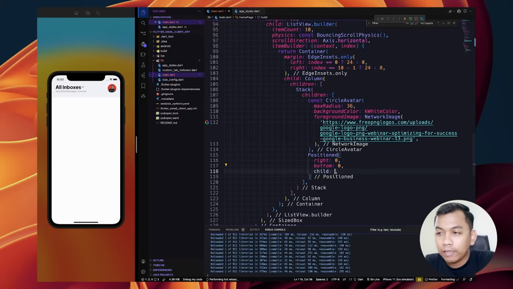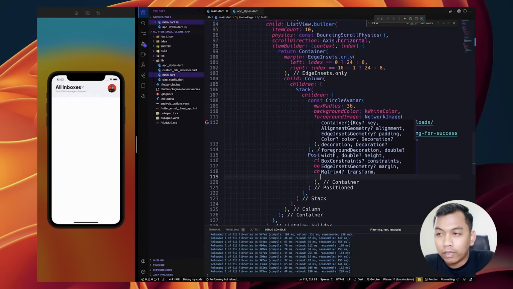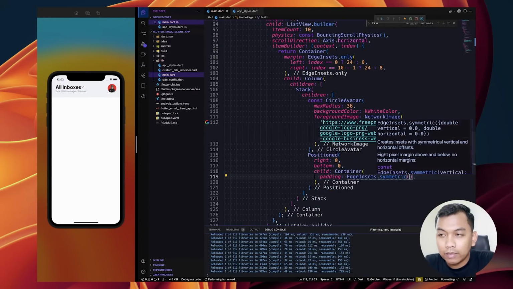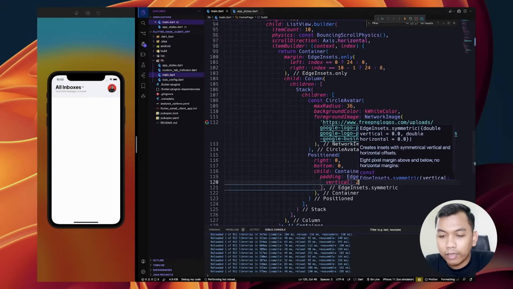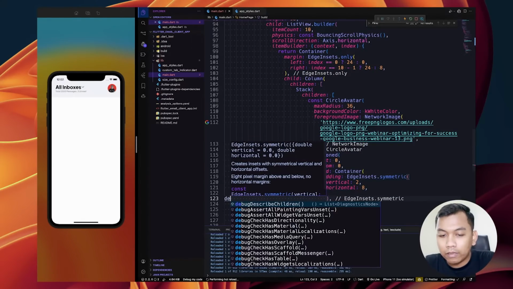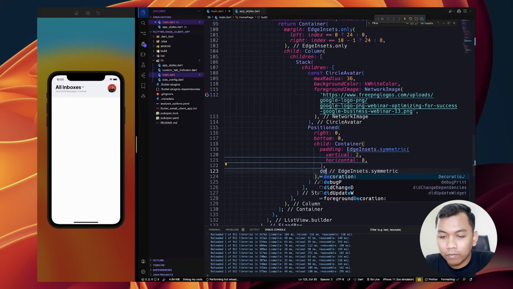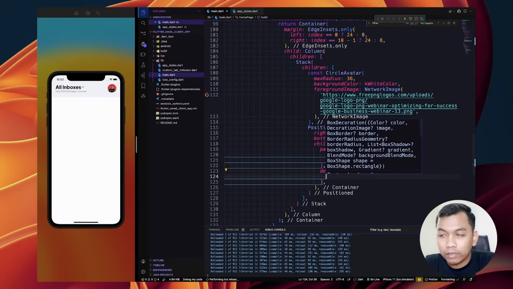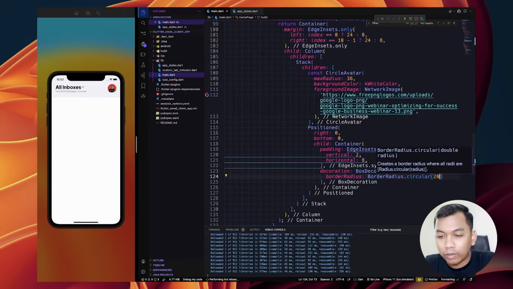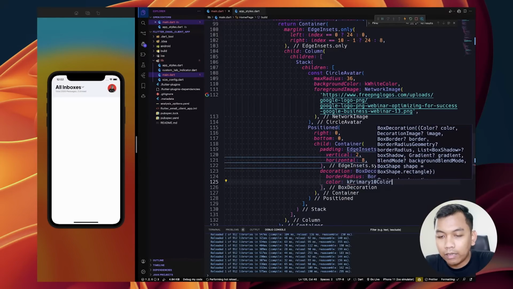So for the child we need to add a container, and container will have padding which is set to symmetric, vertical 2 and horizontal to be 8. And for the decoration, set it to be BoxDecoration, and borderRadius to be circular 20, and also color primary color.